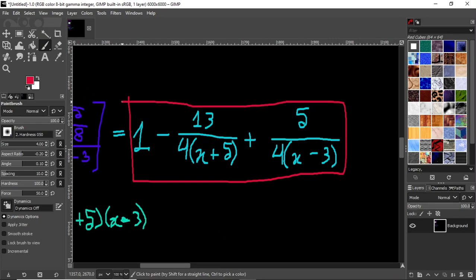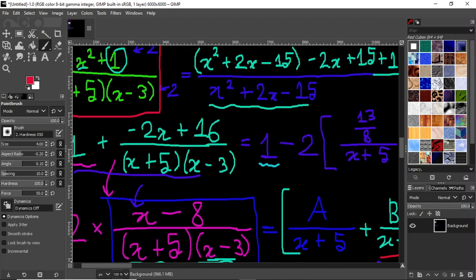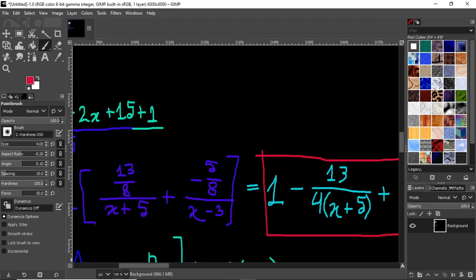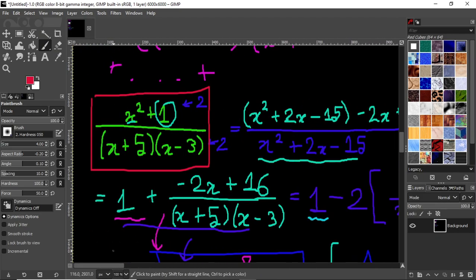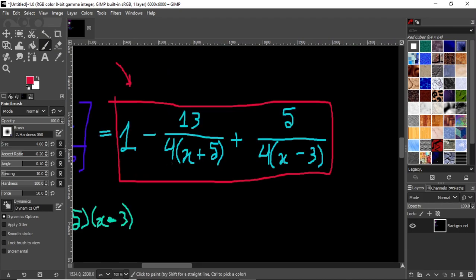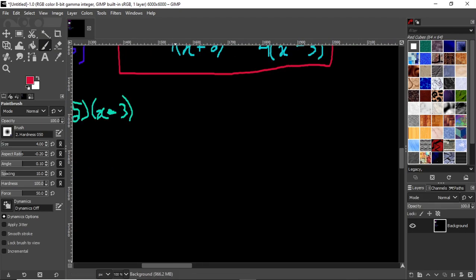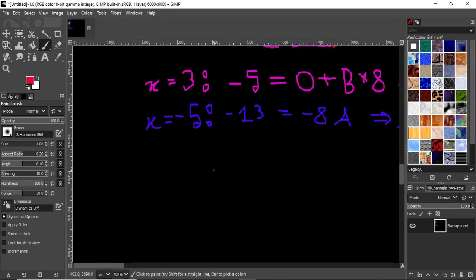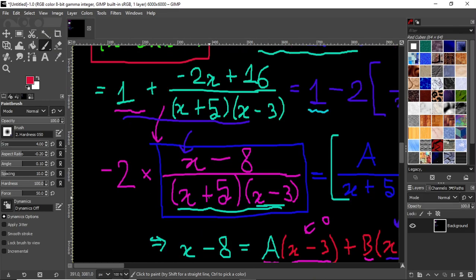And if you ever had an integration problem, if you ever had to integrate something like this, that would drive anyone crazy if they try to do this by brute force. But this is much simpler, okay, you can integrate it directly. It's just one line away from your answer, okay. So that's done. Let's move on to the next problem. And well, before that